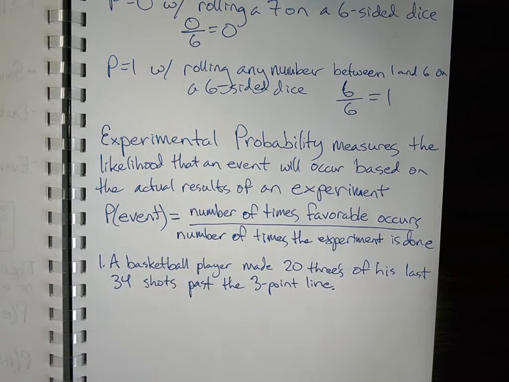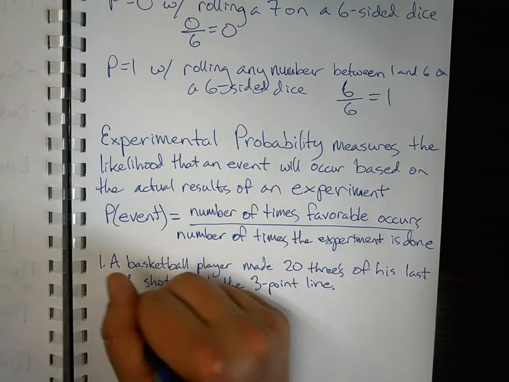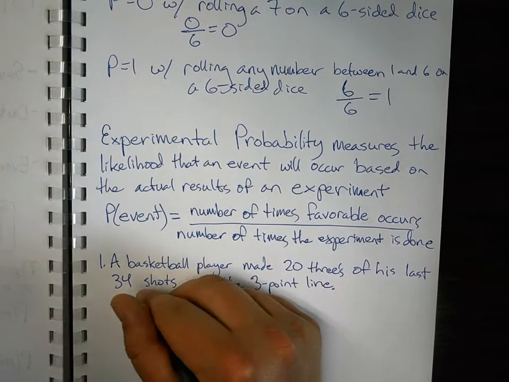All right, so this player makes 20 threes of his last 34 shots past the 3-point line. That's our background information. And we're wondering first, what